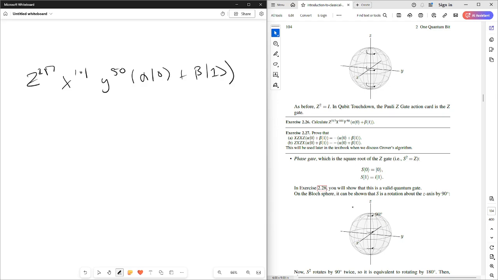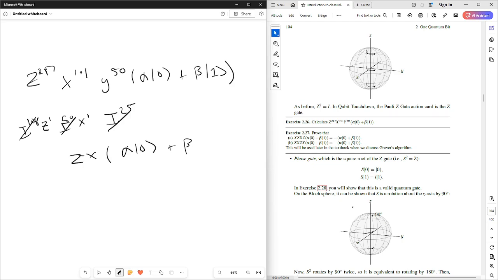So Y50 is just equivalent to 25 I gates, identity gates. 101 X gates is equivalent to 50 I gates and 1 X gate. 217 Z gates is equivalent to 216 divided by 3, it's 108 and 1 Z gate. Obviously these are going to go away, so we're just left with the ZX on